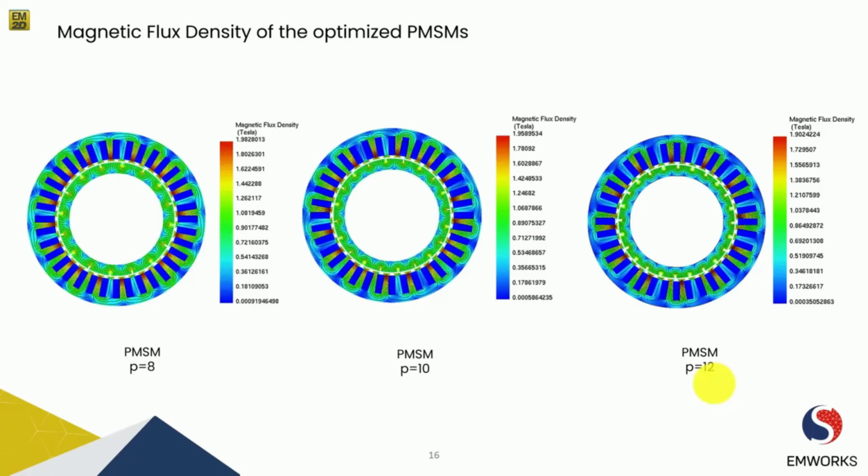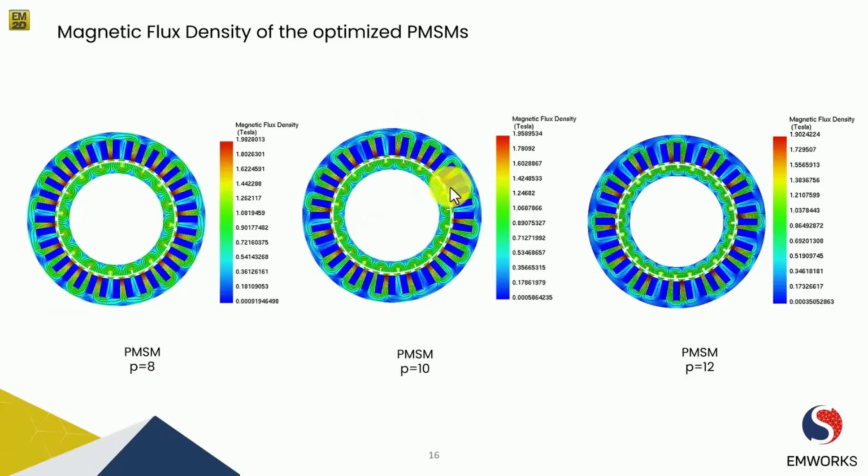Next, here we see the magnetic flux density, and more or less it's the same. It's not varying with increasing the number of magnet poles because overall the magnet volume remains the same. Therefore the saturation occurring in the stator cores will remain almost the same, around 1.9 Tesla. And using this magnetic flux density helps the designer to understand the flux path too, by